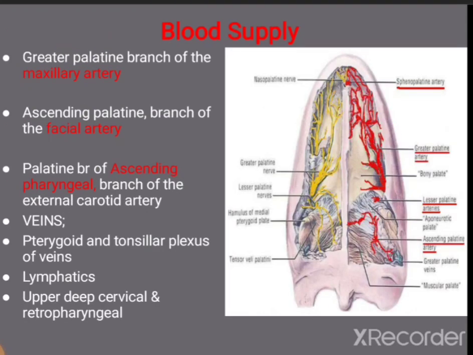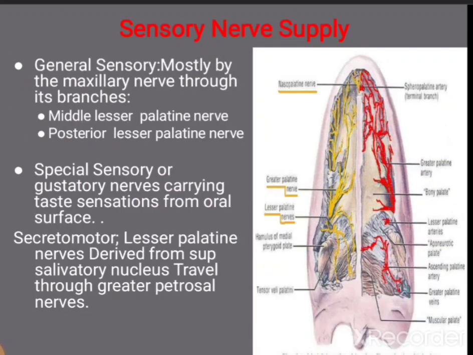Then the blood supply of the palate. It is by the branches of maxillary artery, facial artery, and external carotid artery, and the veins correspond to the arteries, and they drain into pterygoid and tonsillar venous plexus. The lymphatics drain into upper deep cervical and retropharyngeal group of lymph nodes. Then the nerve supply. The general sensory nerve is by the maxillary nerve, and the special sensory nerve is by